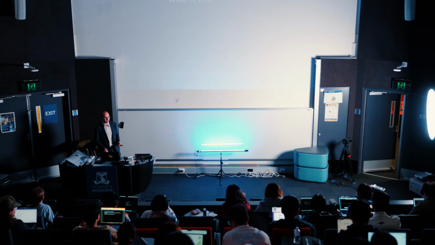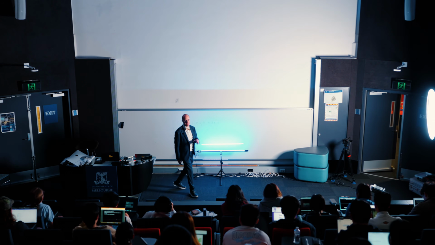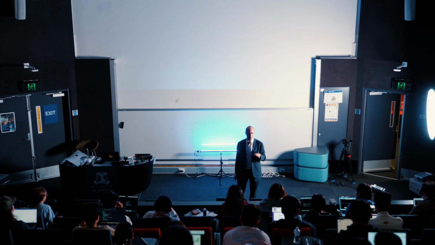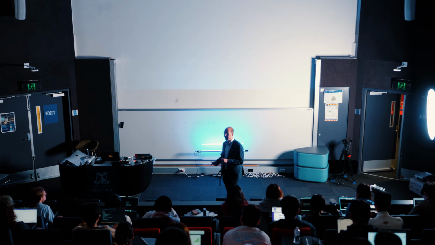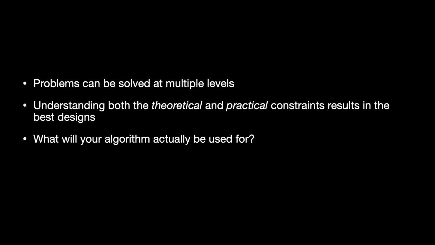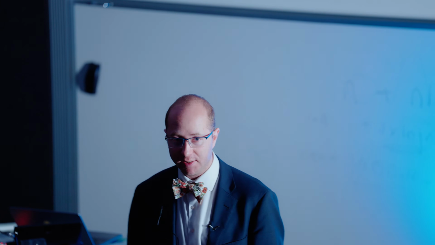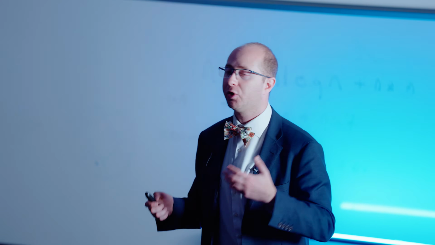There's a big takeaway from all of this, which is that problems can be solved at multiple different levels. We did a whole bunch of different sorts of techniques to try and solve the problem. We did analysis in a theoretical sense, we did it in an empirical sense, and we did it both average case and worst case. And beyond that, we tried all different kinds of methods for improvements. We tried small algorithmic improvements, we tried adding a data structure, and then the one that didn't work today was trying to take advantage of the actual architecture of the particular machines that we were running on, knowing that we had multiple cores available.